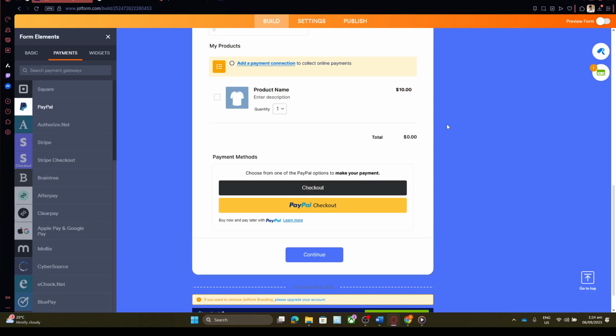So there you have it, a quick and comprehensive guide to using Jotform for creating a fully functional appointment request form with integrated payment options. With these tools at your disposal, you'll be well prepared to streamline